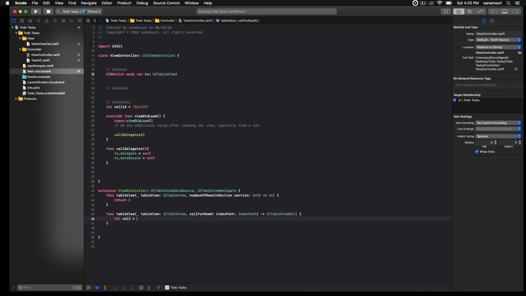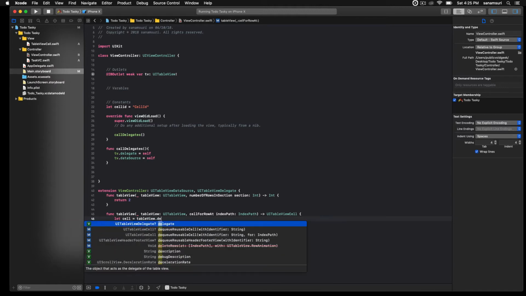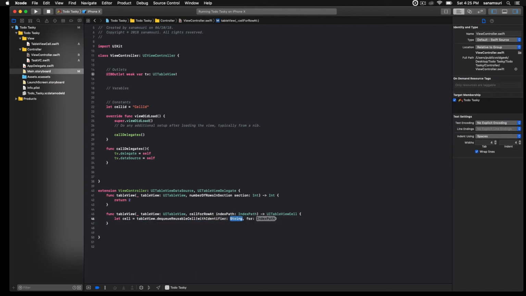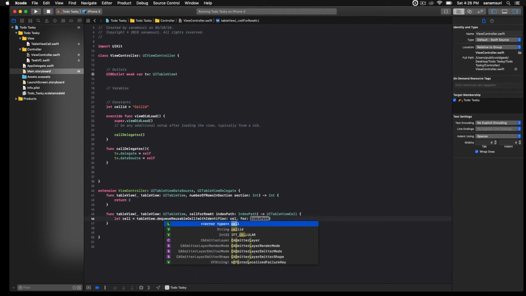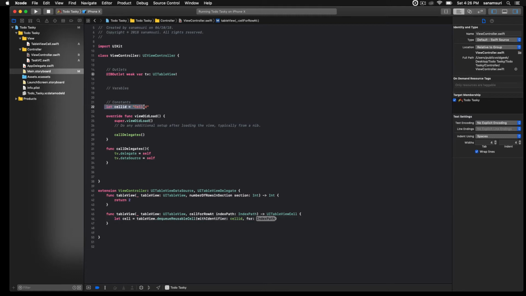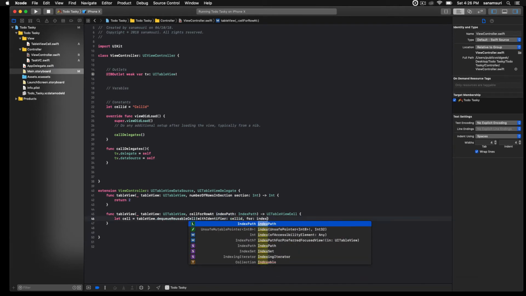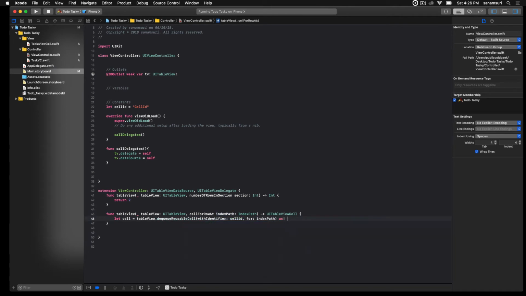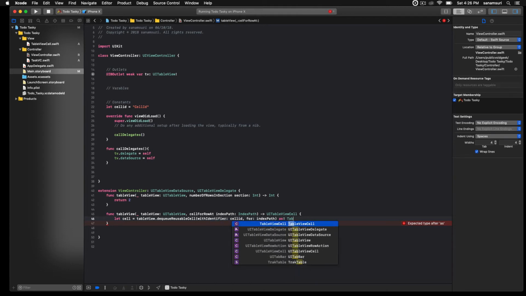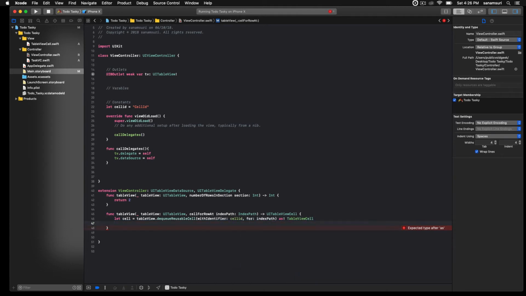Let cell is equal to tableView.dequeueReusableCell with identifier, and identifier is going to be cell ID that we just created over here. So this is the same one that we are putting here, and index path we are going to get it from here. So index path as the name is table view cell, right? Table view cell. So this is the name of the file,